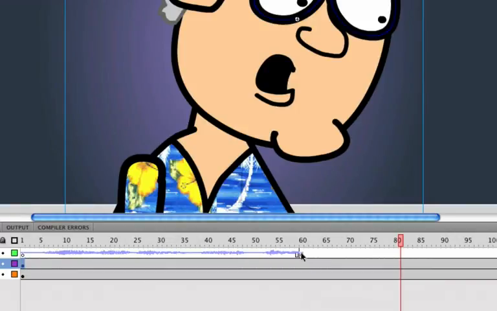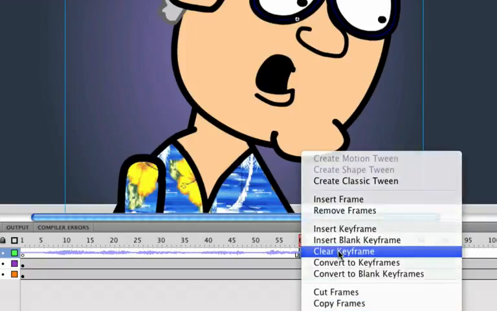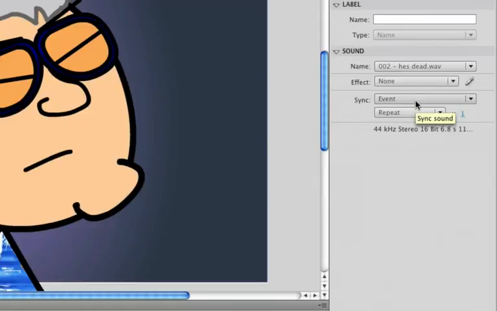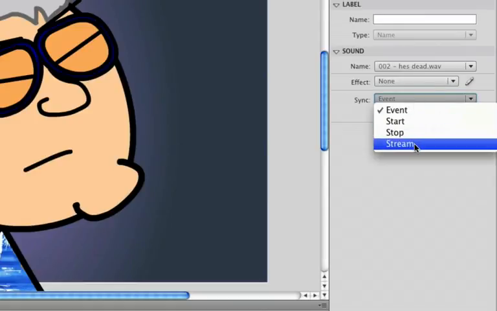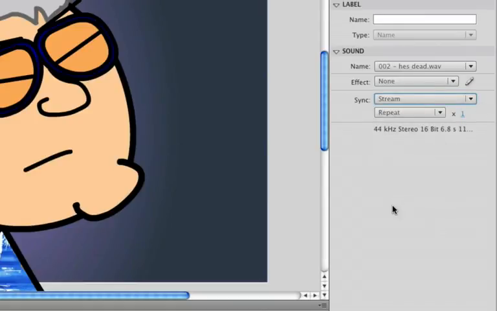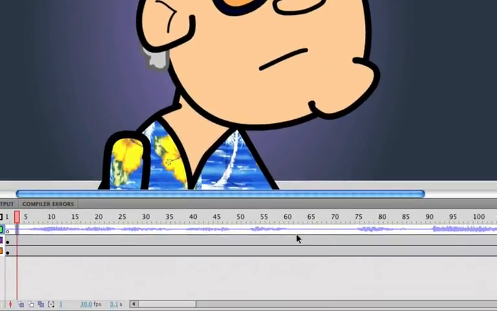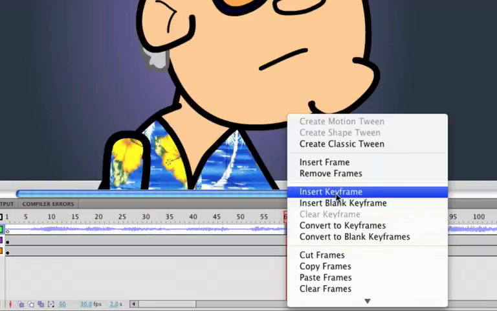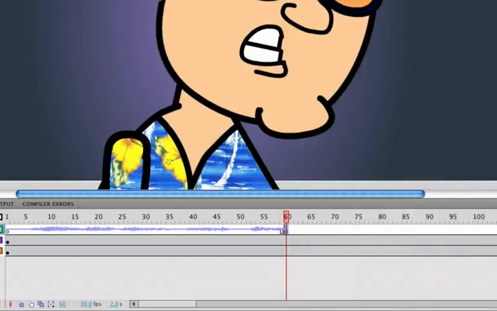There you go. You'll see that it stops right when you indicate the stop. Now, let's go ahead and clear this keyframe. And let's now set this sync from event to stream. So now it's on stream, and now it acts a little bit differently. When we disrupt this wave pattern on frame 60, and we don't put a stop indicator in there, and we go ahead and play it,